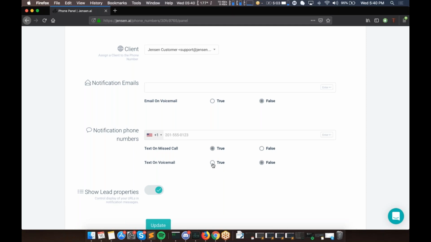And then if you also have text on voicemail, it's going to generate a third text. So it's possible that if you have things configured like this, you could get 2 emails and 3 texts per every phone call. We realize that that's probably not the best way to handle notifications. So hopefully sometime by mid next week, there'll be a little bit more sane